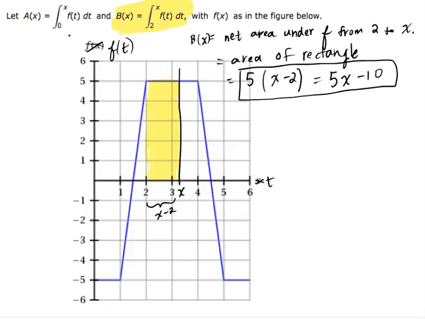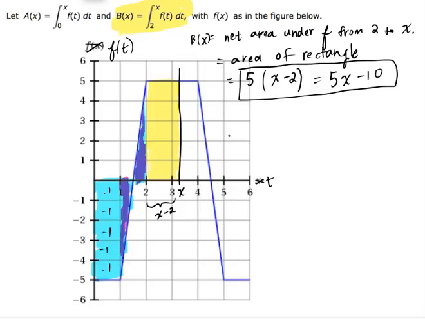Now A of x, for that part, we're going to integrate from 0 all the way to x. So we're also going to include all of this net area and this area. Okay. Now this net area is easy. You can just literally count the squares right there. So that part of it from 0 to 1 is negative 5. Now the integral from 1 to 2, you can see this triangle right here has the same exact area as this triangle, only one is negative and one is positive, so the net area there is 0 because those two